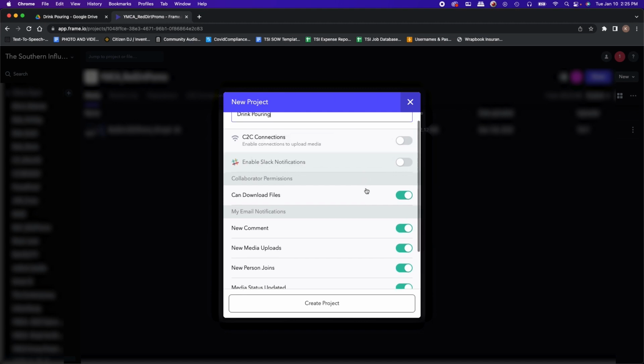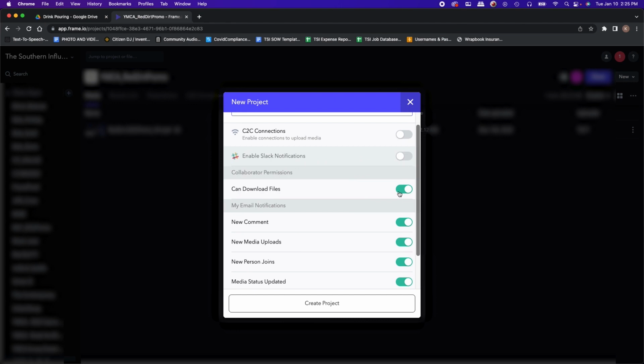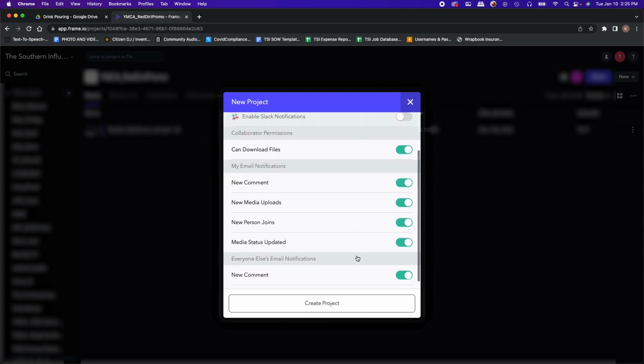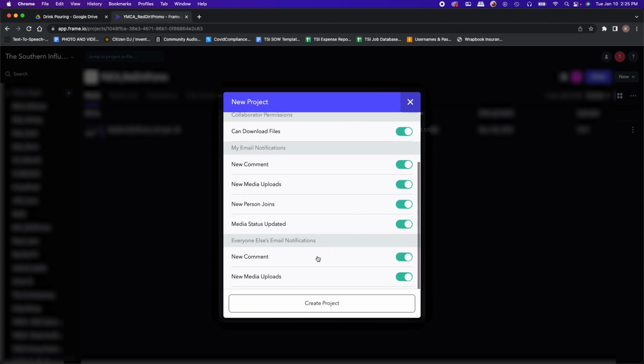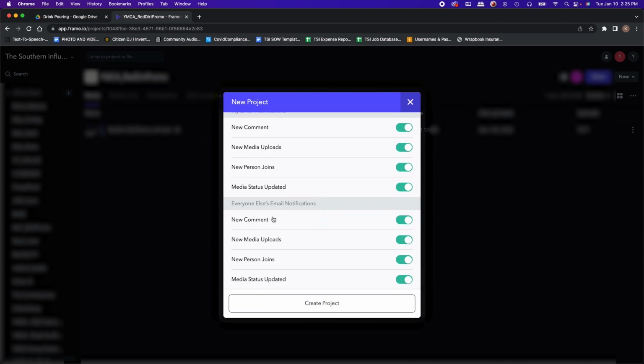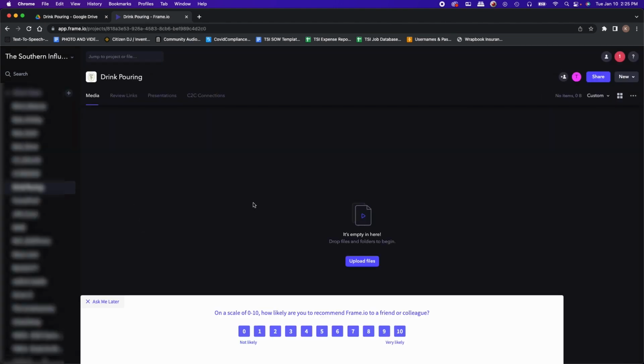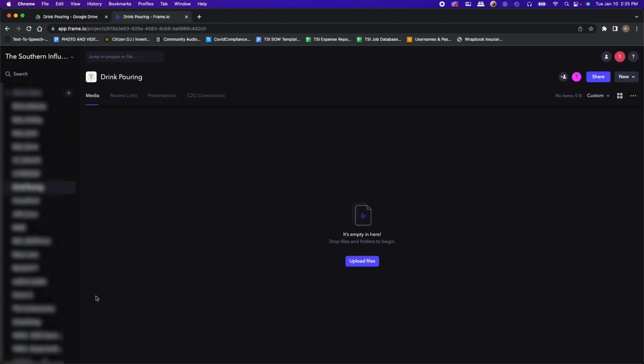And there's some initial settings here. I like to leave can download files on. You can change this from a file by file basis. Everything else is pretty much okay. You can allow people to comment, and you can set your notifications when they comment. You can get notified right away, which is great. Go ahead and create project. And as you can see, it's empty in here, so they want us to upload some